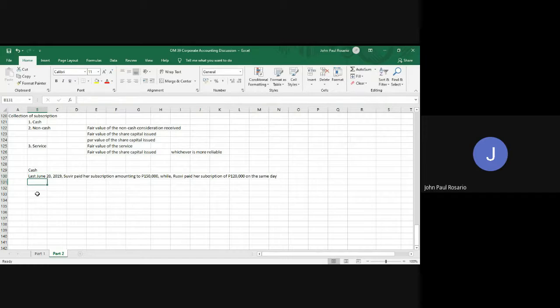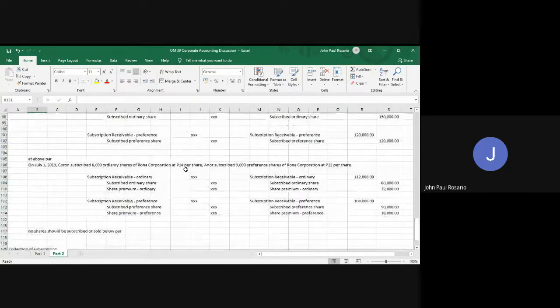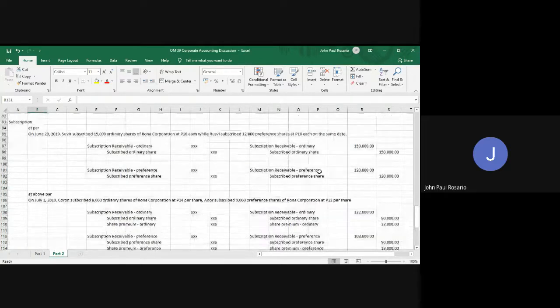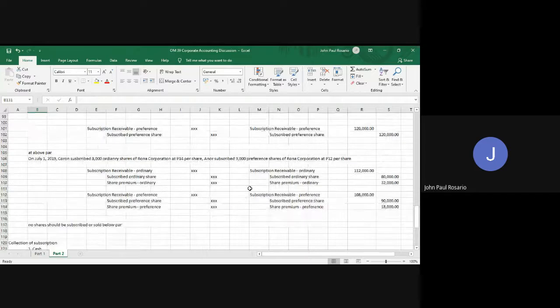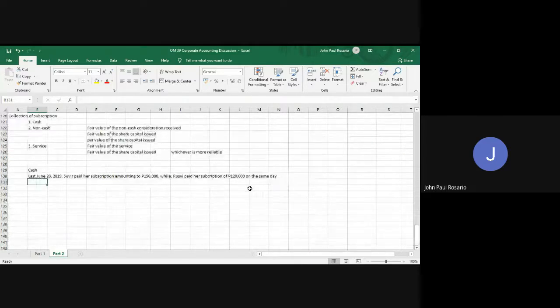Okay. So once dayon nga kanang makollect na ni siya, your entry diba is this one. So ang pro forma entry dayon nimo sa imuhang kanang collection would be